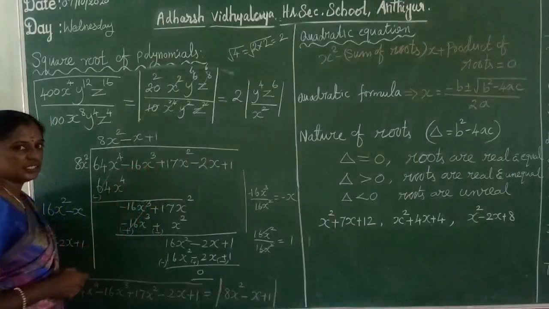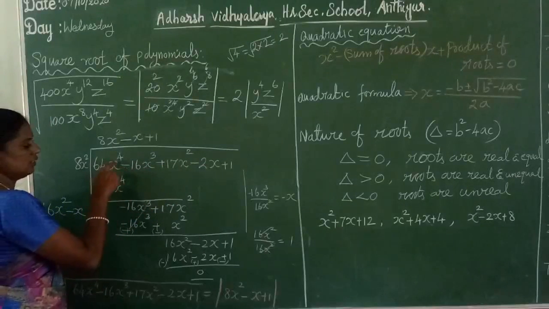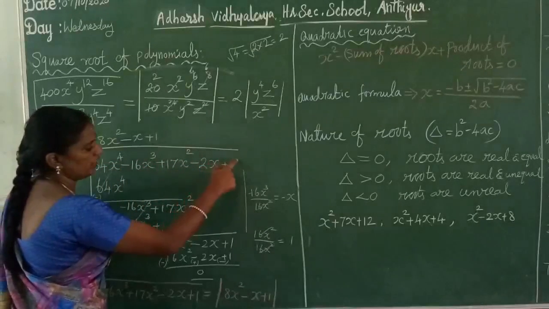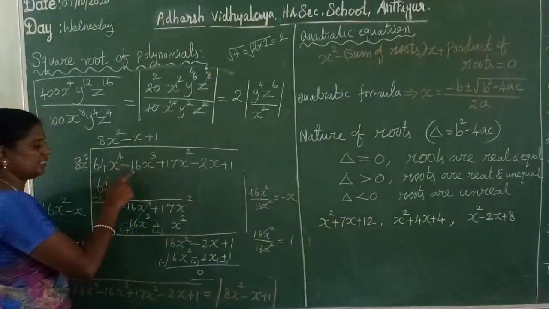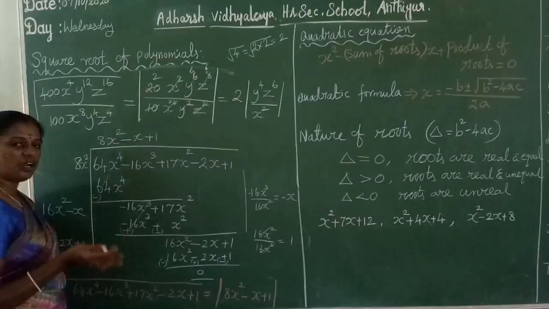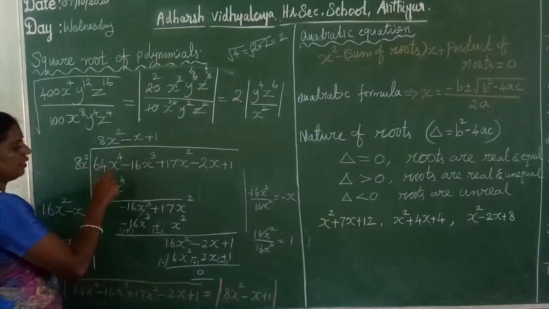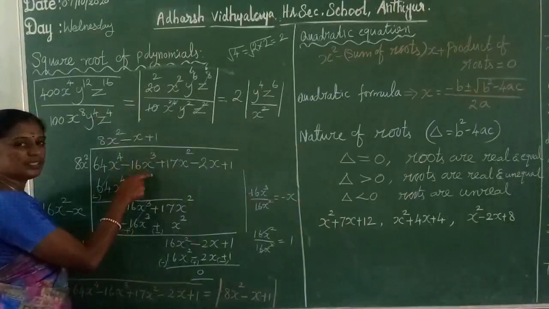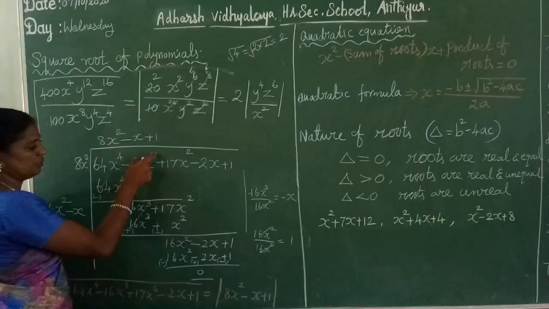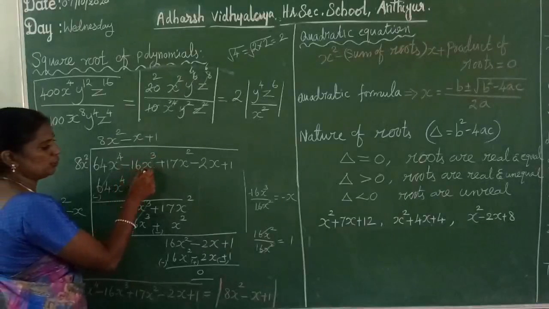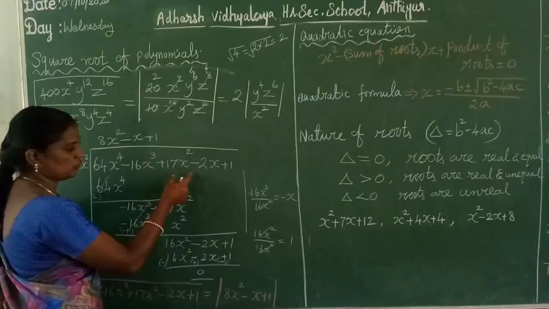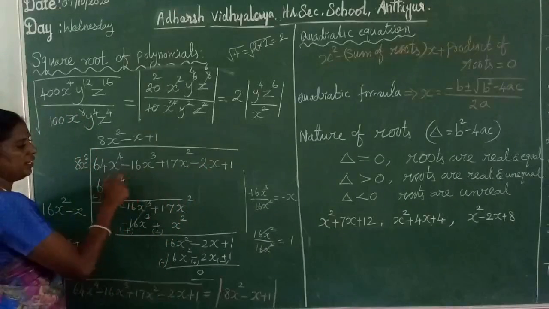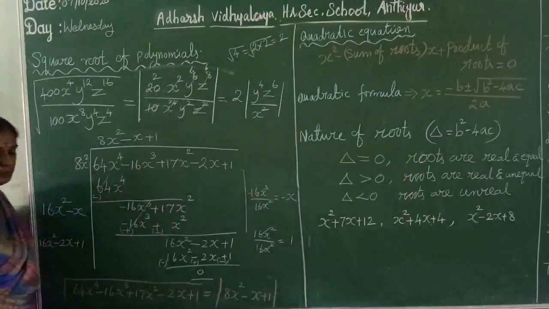We already discussed this in the GCD also. So the same things: we check the order. Here x power 4, here x cube, here x square, here x, here constant. Decreasing order, descending or ascending order. Here we write in descending order. Suppose any term is missing, at that place we write 0. Suppose x cube is missing, 0 x cube. X square missing, 0 x square. X term missing, 0 x. Like that we write in order.